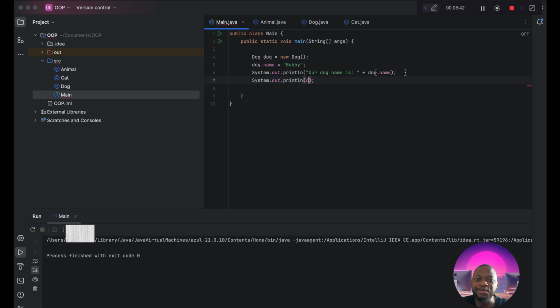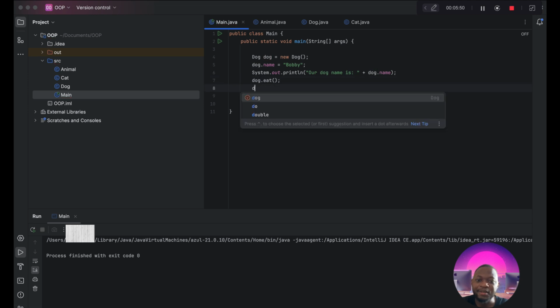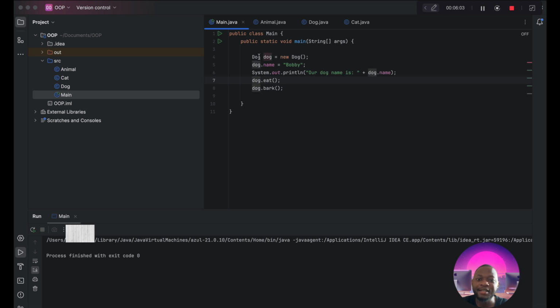Oh yeah, it's a void, I can't have it. So I'll just say dog.eat and dog.bark. The eat is the method that we have in our superclass. We can see here we can easily access it on a dog, a subclass, and then let's run our code